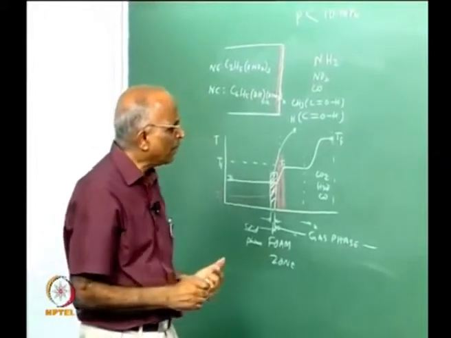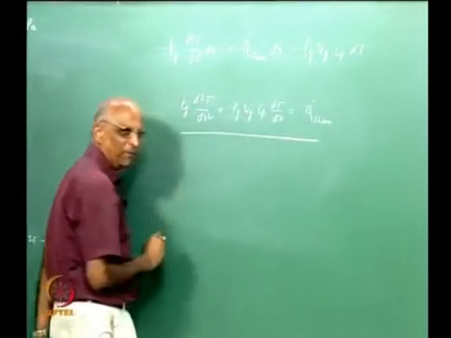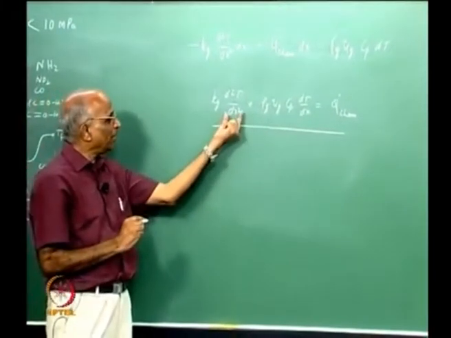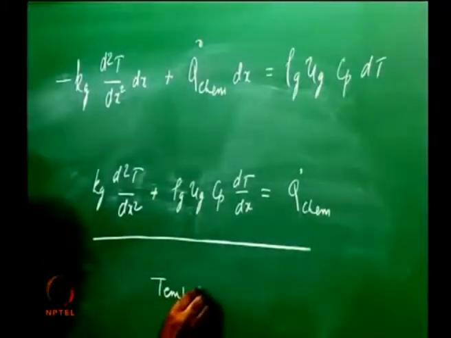If this is the case, how do I solve this problem? See, solving this problem is a little difficult, in the sense all what I can solve is, I can solve for temperature distribution in the fizz zone,